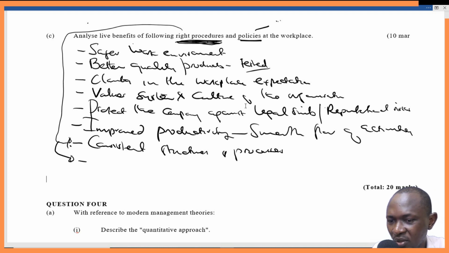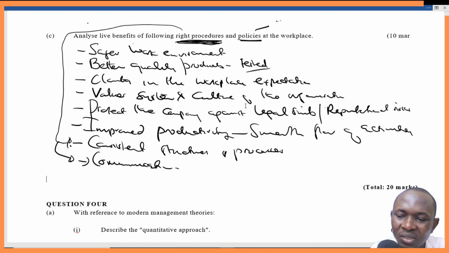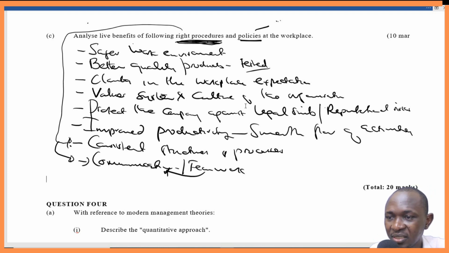And before I forget, we can also talk about effective communication. If we have the right procedures and policies, these are ingredients to effective communication and effective coordination. They are good for the organization. At least there's some order in the organization. If we have policies and right procedures, there is a defined way of doing things, which are all ingredients for teamwork, which is also an ingredient for good communication. So you can see, I cannot exhaust all of them, but all these are benefits of